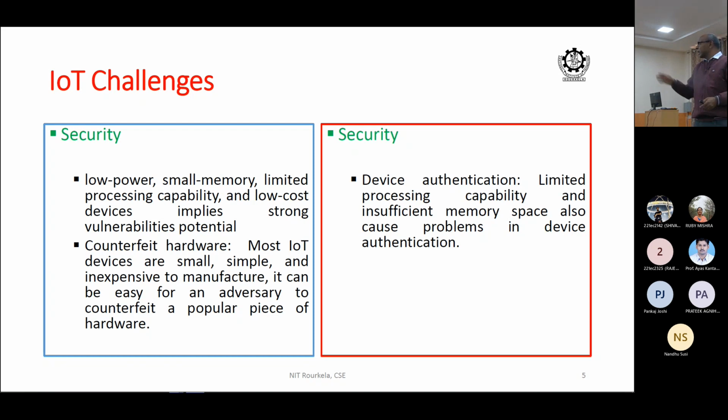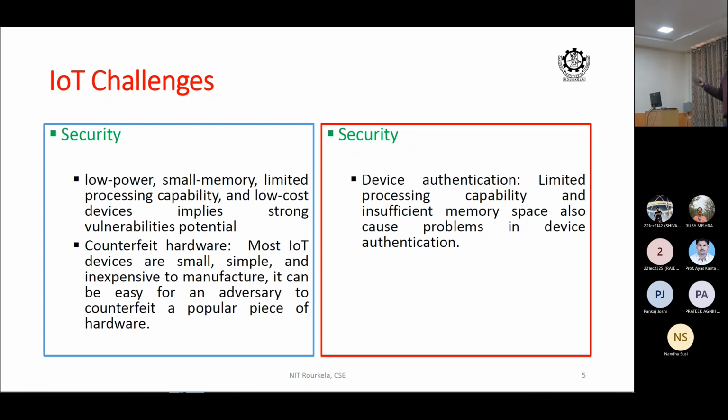For example, if you have an IoT infrastructure, someone can deploy counterfeit hardware. Look at the millions of devices that are there. You have no way of authenticating all the devices. Anybody can put in counterfeit hardware. Counterfeit hardware is not authentic hardware. You purchase a device, and then you can get a similar counterfeit device. When you deploy counterfeit hardware, you are opening up a backdoor to launch an attack onto the system. So counterfeit hardware is a problem.